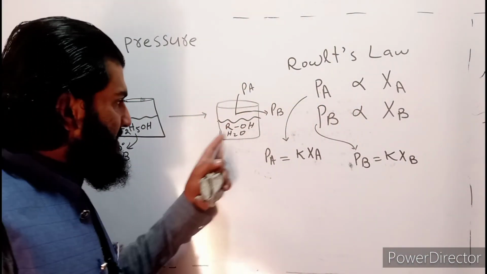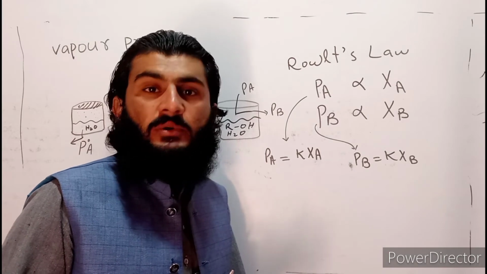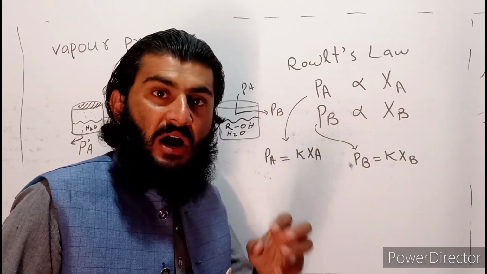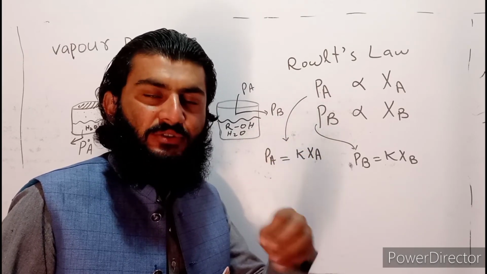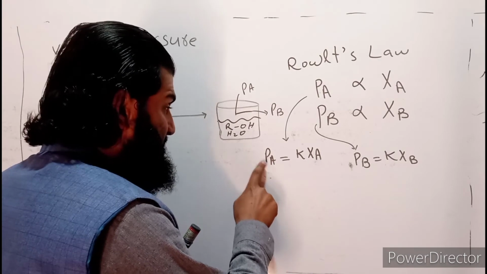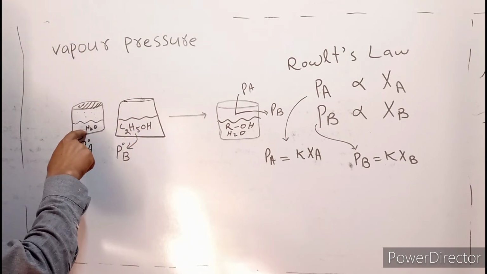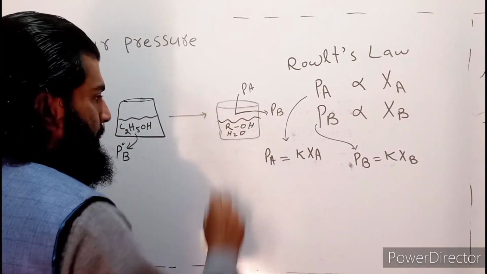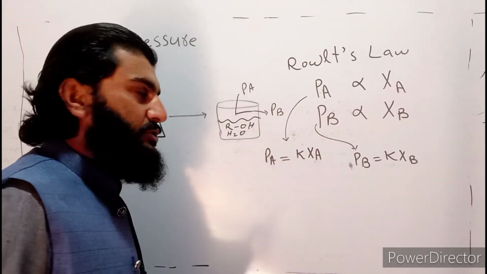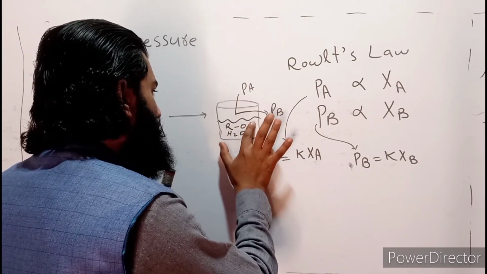So now this is a solution. Do you know about mole fraction? If you don't know about mole fraction, type mole fraction and also type learning group RF, and you can find everything about mole fraction in a video already present on this channel. Clear? So now this is the partial vapor pressure of A in a solution form, while this is the partial vapor pressure of B in a solution form. Clear? Now if in this situation I remove alcohol,